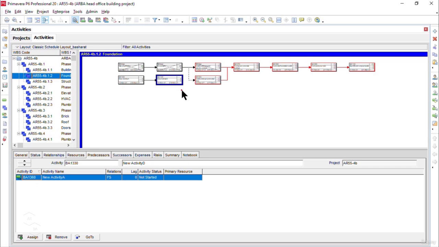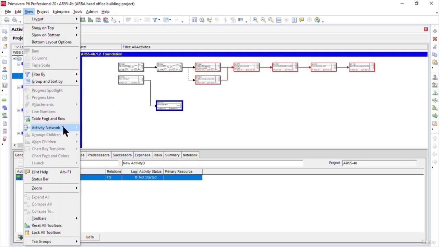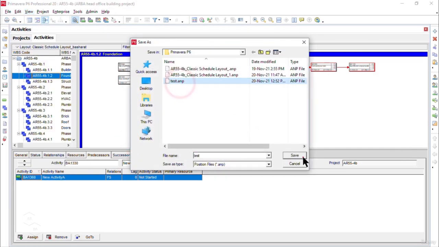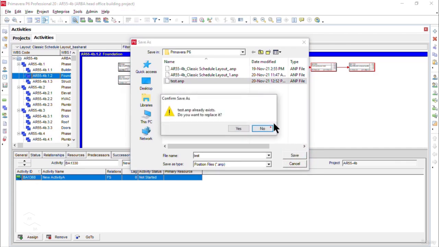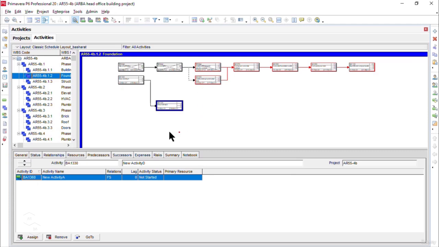So what does that mean? That means in order to keep the changes in the activity network view, for example, let's say I will reposition this activity and I want to save this activity network view. Now the procedure is to visit the view menu from the top, and then I can click on save network positions. Let's say, for example, test. I will click on the save button here. It will say, do you want to replace it? I will say yes. Okay, so now this activity network view has been saved as a test.anp